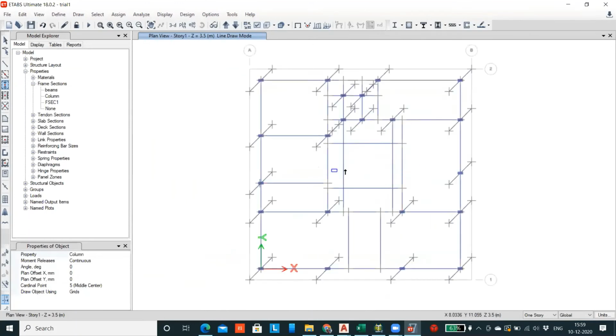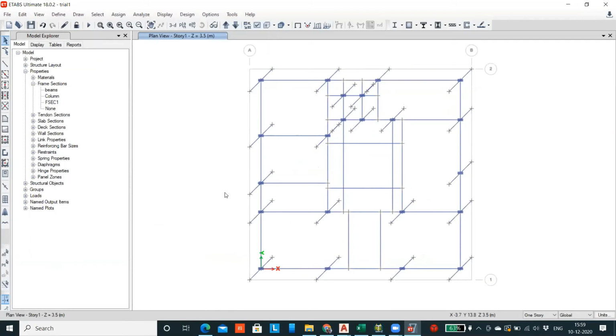So like this, we have to give the columns and names. Now you can delete these slant lines, just selecting all of them and deleting them.